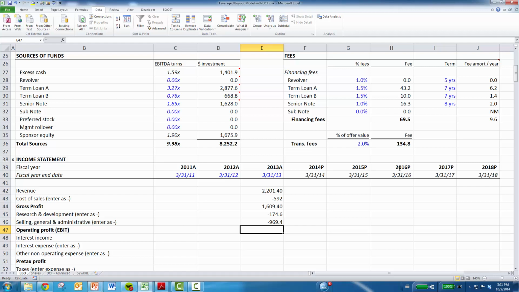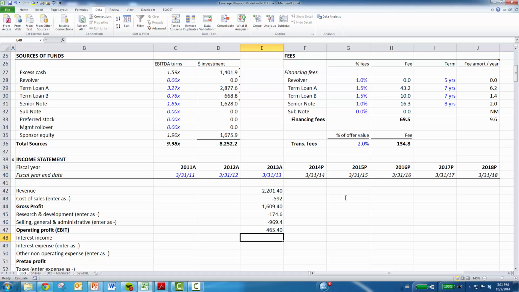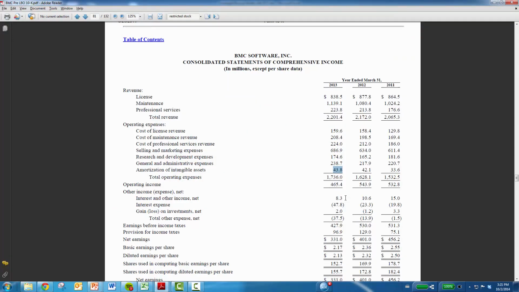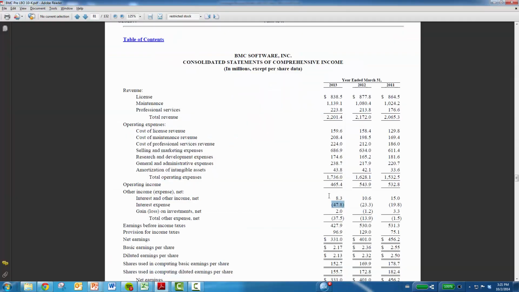Switch that sign. And then that way we can have just a sum function here. Could have also just done a sum function here as well. All right, interest income, 8.3. Interest expense. And then any other